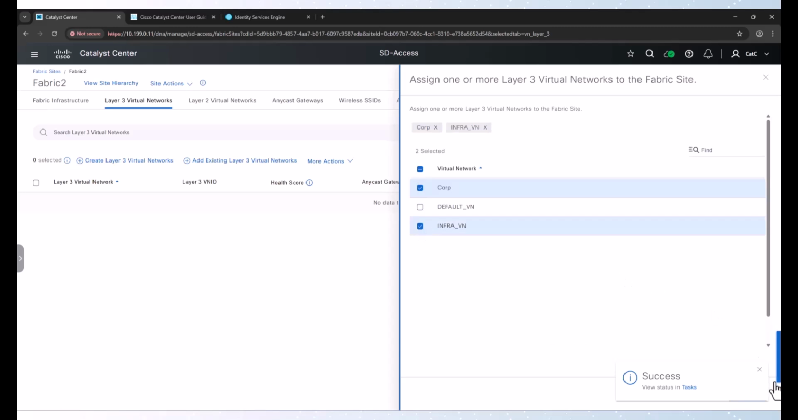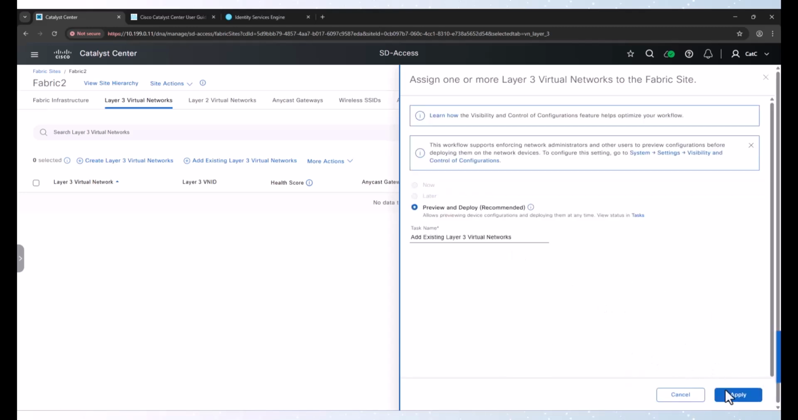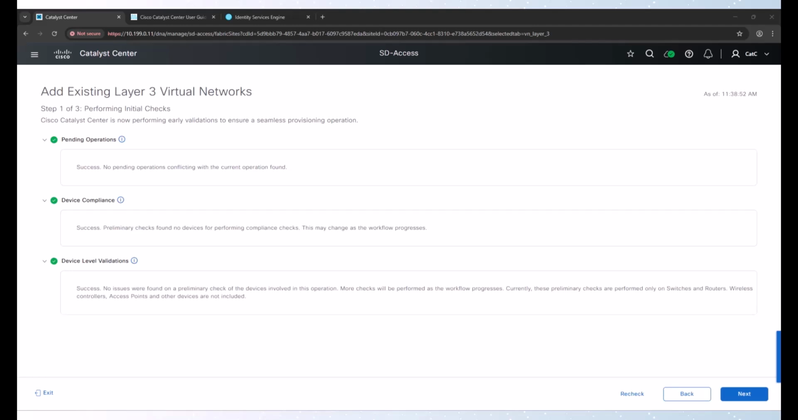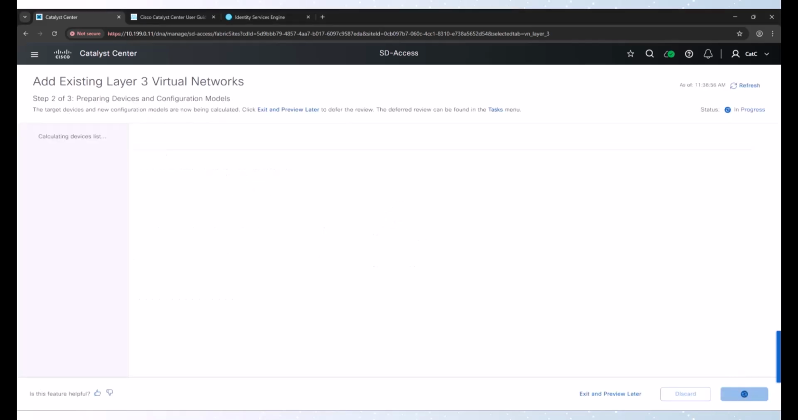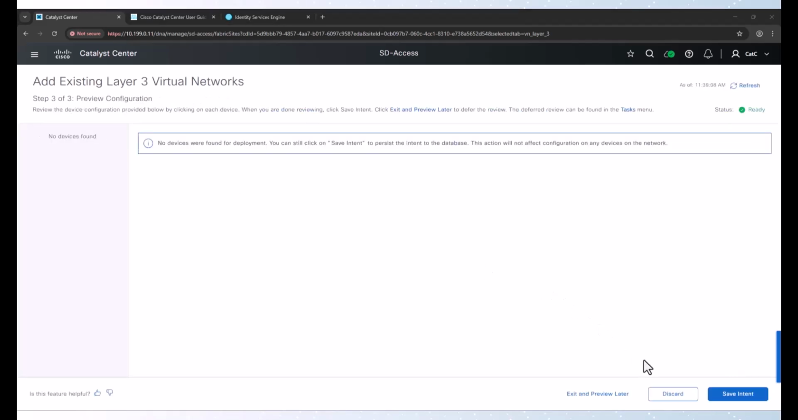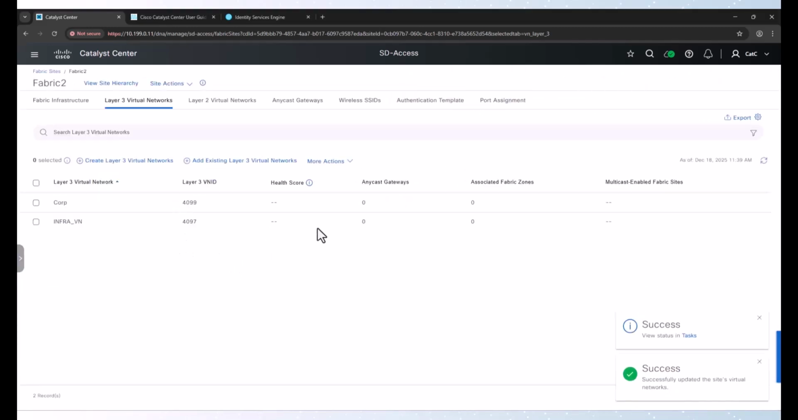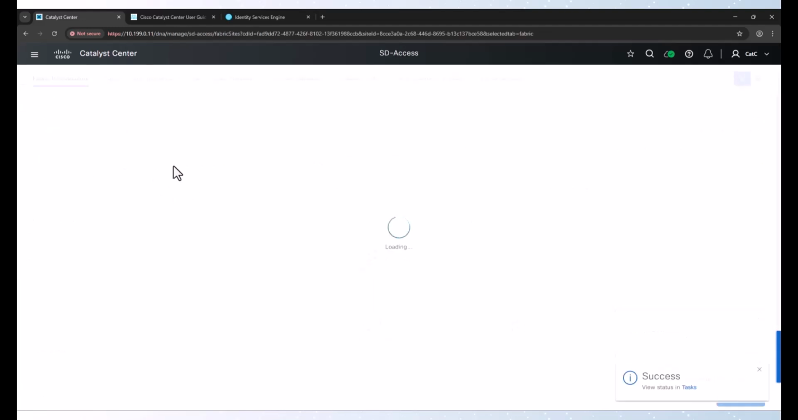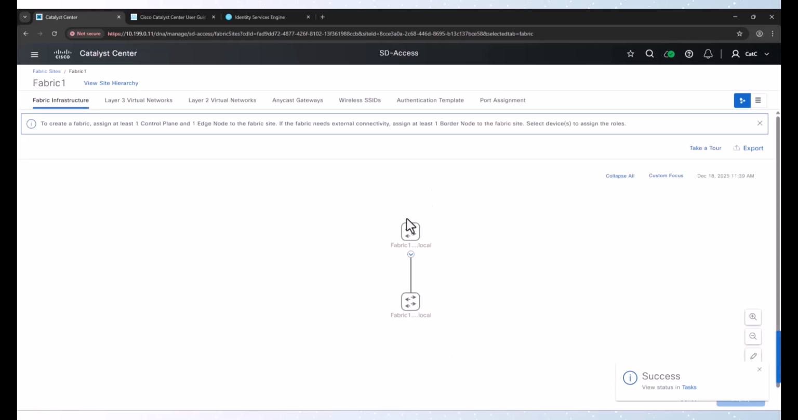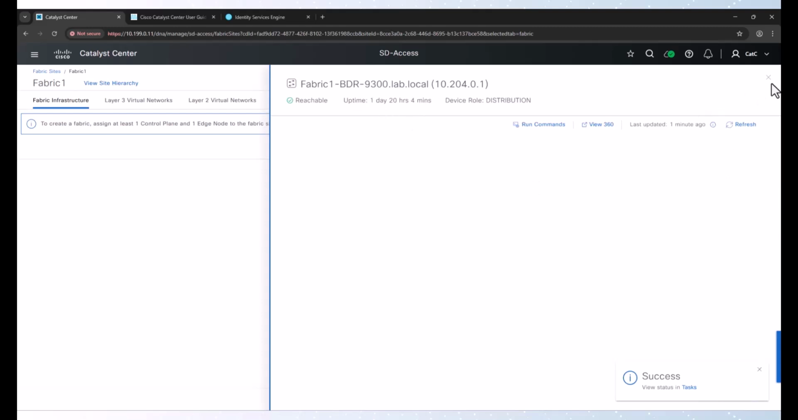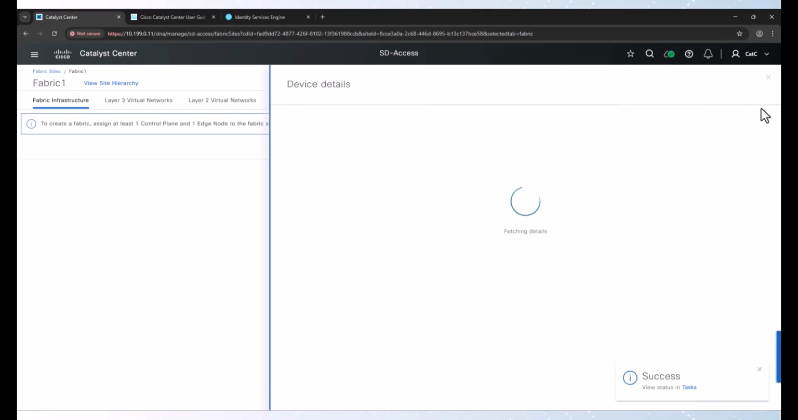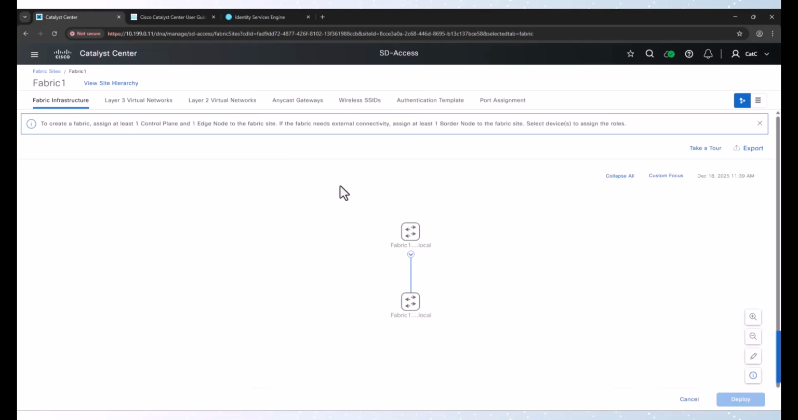Add the same VRFs, VNs. Pause here. And save that. So now we've got our VNs. If we go back to Fabric 1 and we look, we will see that automatically our two devices here have shown up. So we have our border node and our edge node, and we just need to add the roles to them. However, for the border node,